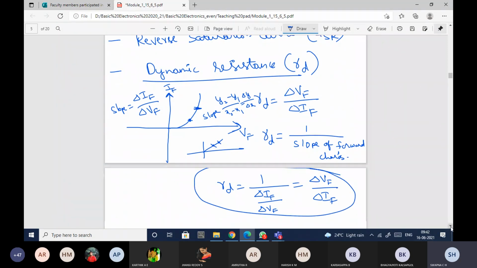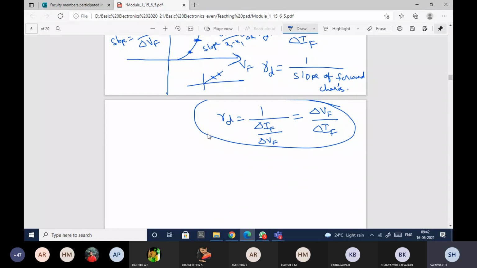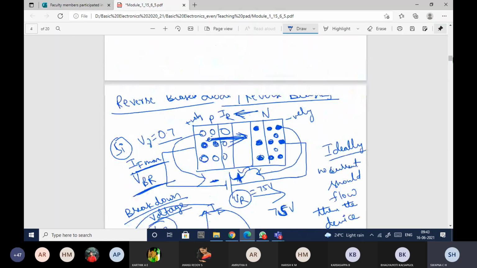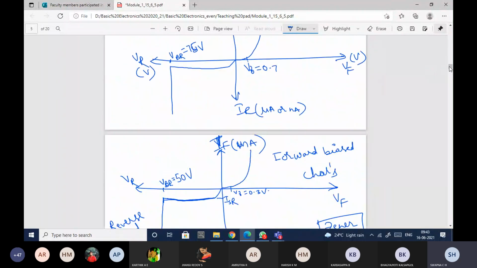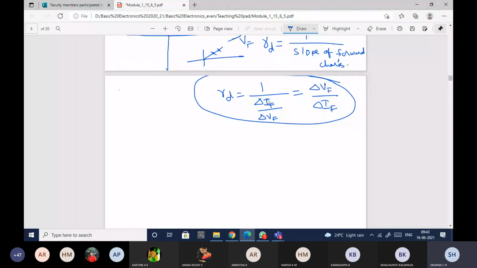But the problem here is that this dynamic resistance also includes the DC resistance, for that particular circuit. Let me just take the circuit. For this particular circuit, I'll calculate the exact value. Let me consider that I want some particular current to flow through this device. For that particular current, I'll have some particular voltage. Only at that particular voltage, I'll get that particular current. So that is said to be the static resistance. So in this, I'll have the static resistance as well.